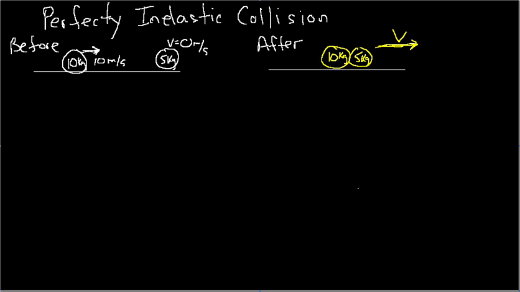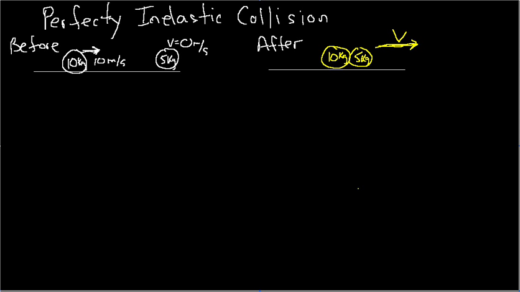So what we're talking about now is a perfectly inelastic collision. Now, a perfectly inelastic collision is a collision in which two objects that are colliding stick together. And after the collision, the two objects that are stuck together move off as one big mass. So if you look at this type of example that I've got up here on the screen, we see that